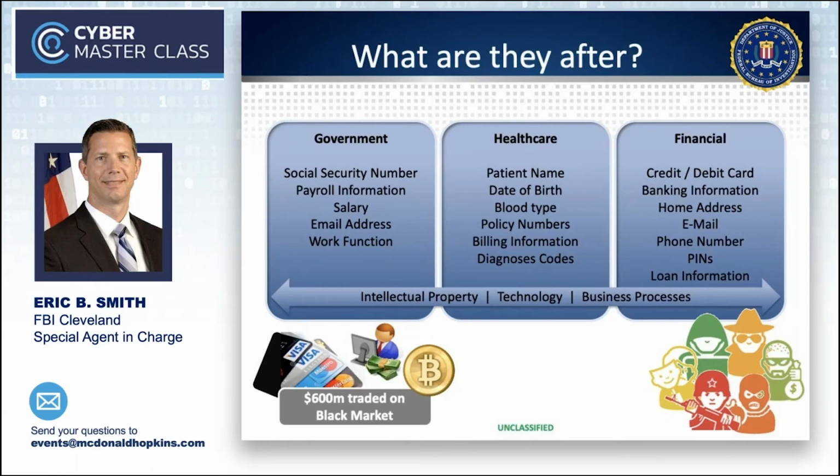If you look at the spectrum here between government, healthcare, and the financial sectors, they're trying to take anything from intellectual property to the technology that we have there, and specific business processes that allow them to refine their processes to become more profitable in their own countries. And if you see the stat on the bottom left below, they're not afraid to use the dark net and the black market to look at virtual currencies as a way to manipulate and obtain some of that data. Right now, I think we're tracking $600 million traded on the black market alone in terms of Bitcoin and other virtual currencies. They are using the dark web to take the intellectual property they've taken and sell it to the highest bidder, using Bitcoin